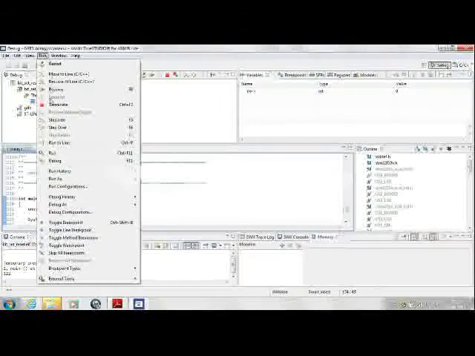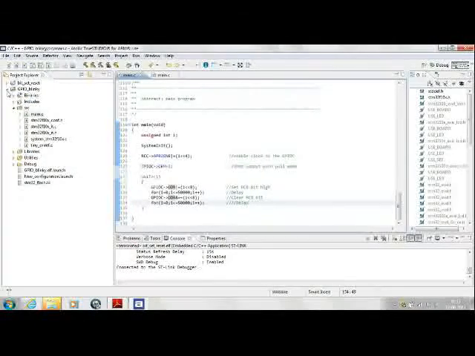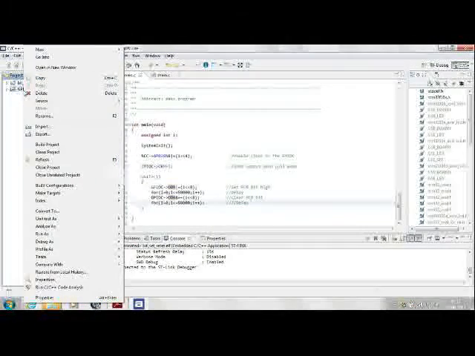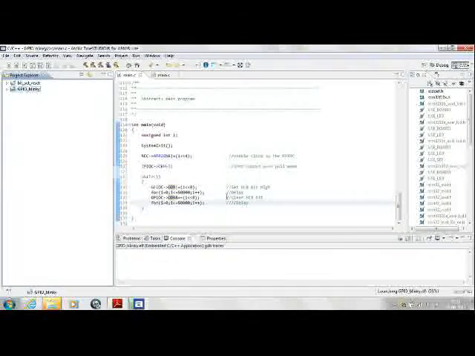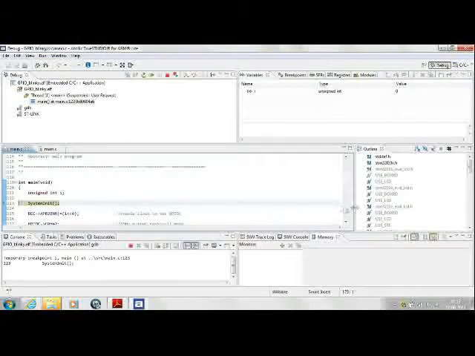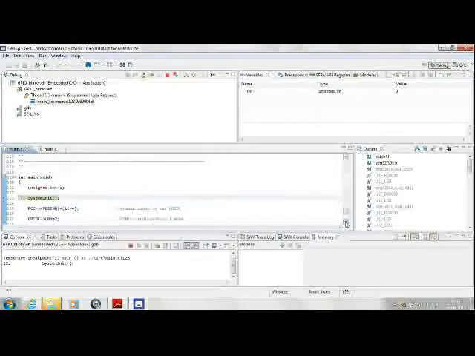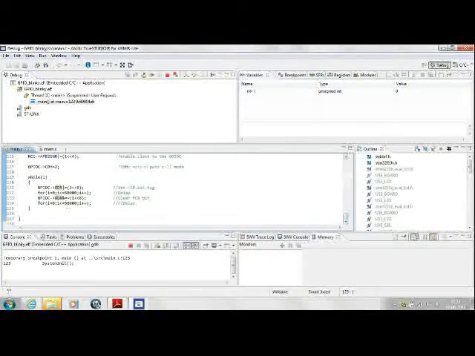What has happened is, just a minute, I need to terminate this. The other software is now running. Let's debug the original code. Yeah, this is where we are. Good. So now this is the code that's being debugged.